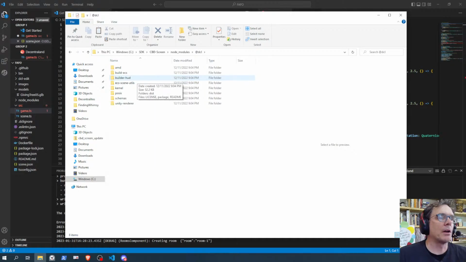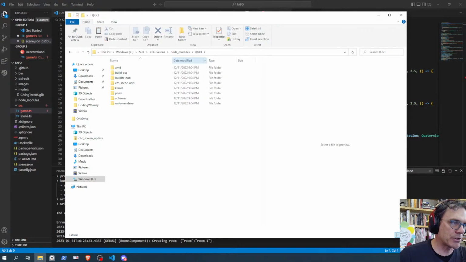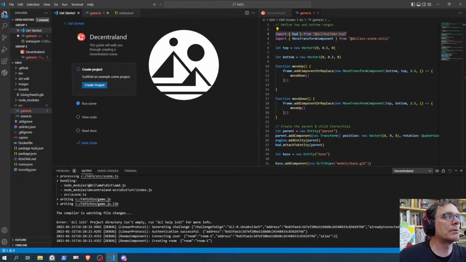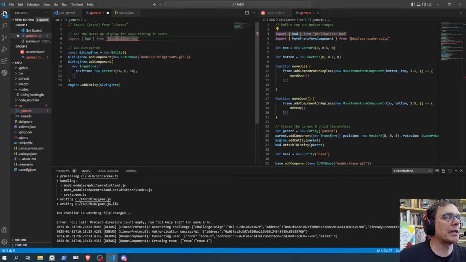Yeah. But okay, so to back up a little bit and to talk through this so that everybody understands, if we go over here and we go to this one right here, the game. So I'm adding this, import the HUD from this directory, right, at DCL / builder-HUD.